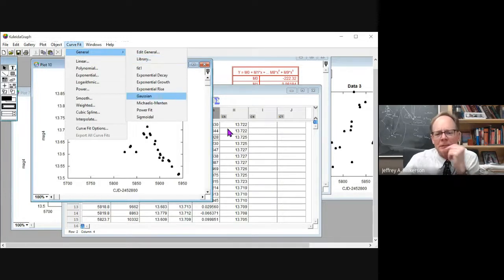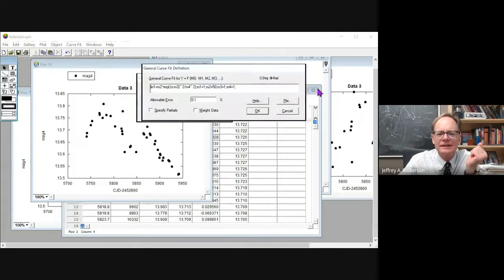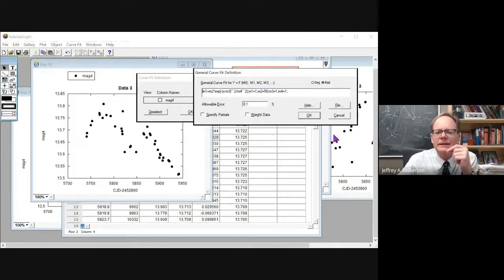Let's do a Gaussian. Okay, and so let's define that Gaussian. Let's say 13. Let's do an offset of 0.1. I don't know what that offset wants to be. Mostly I shouldn't be doing this on the fly. M2 is the scale height out here, so let's make that 13.75. Not terribly sensitive to these values. Outside the exponential is sensitive to the values inside the exponential. So let's make that 5820. Let's make it